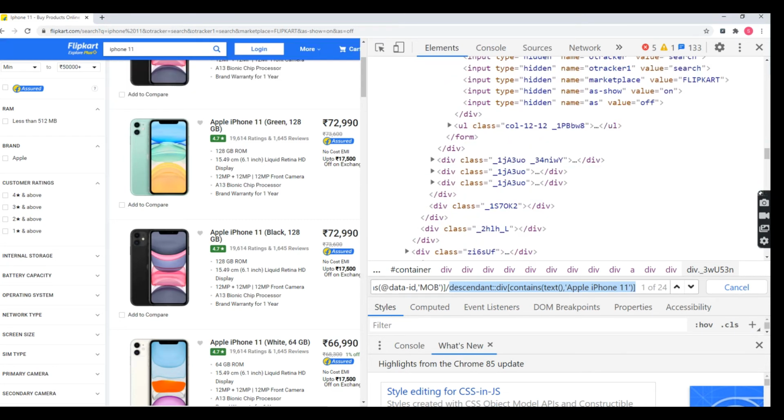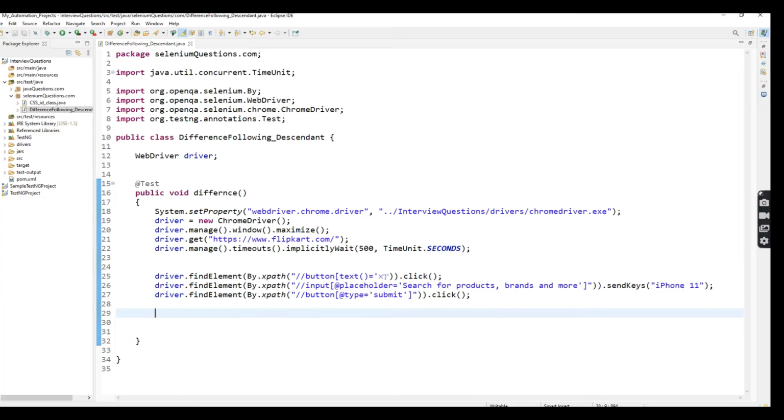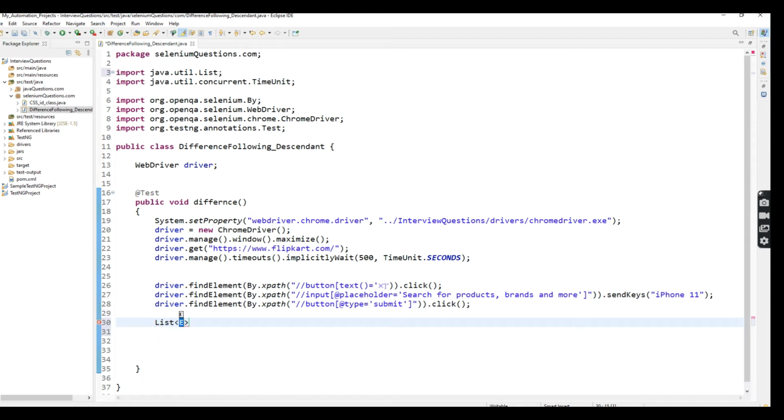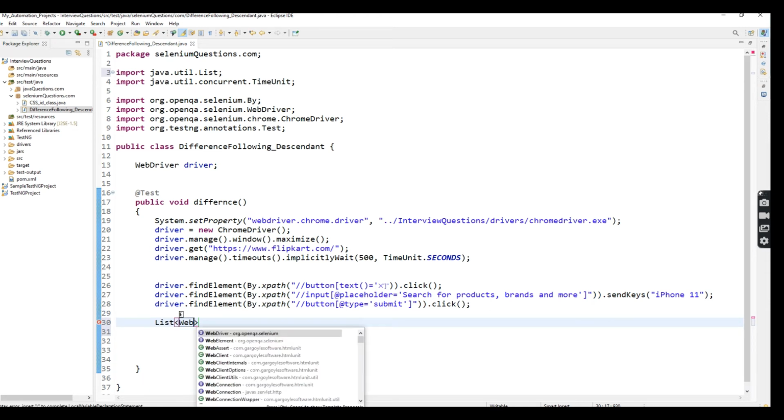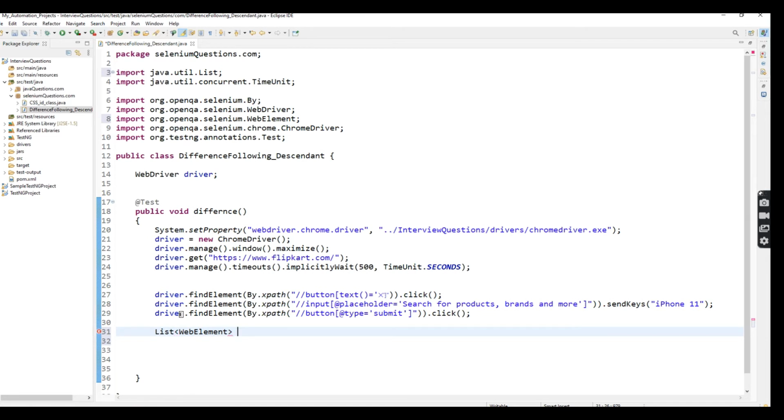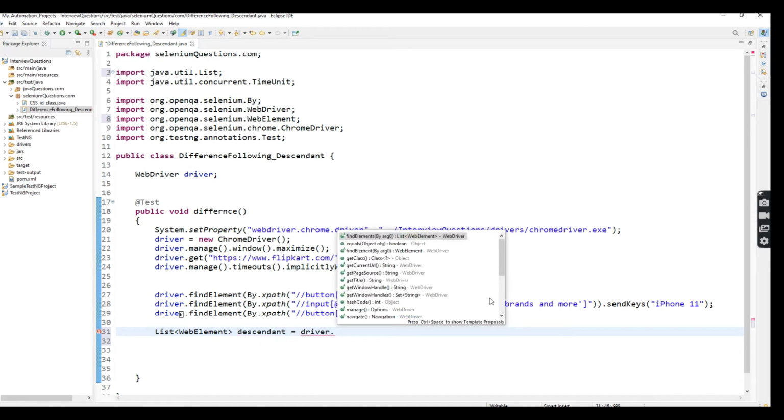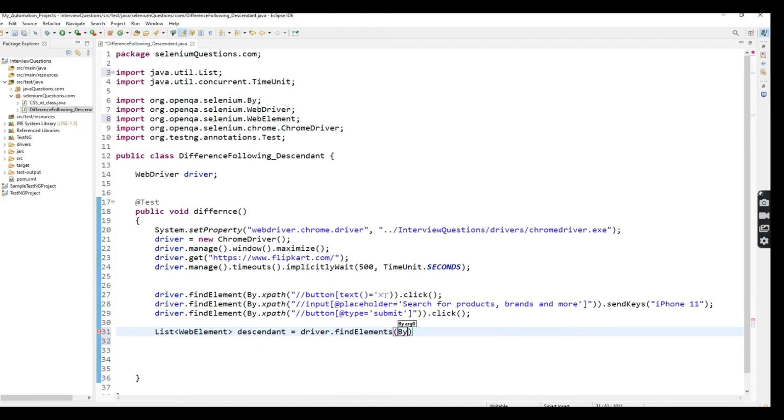So now I'm going to print inside the script. After clicking on this, since there is more than one element, we are going to use a list of web elements. So I'm just giving descendant equals driver dot find elements by dot XPath.